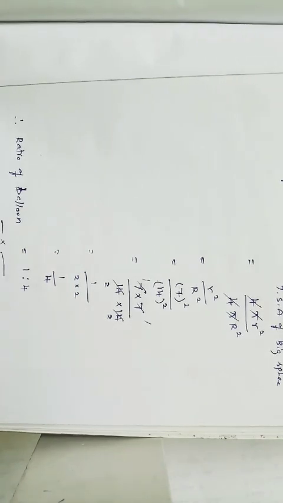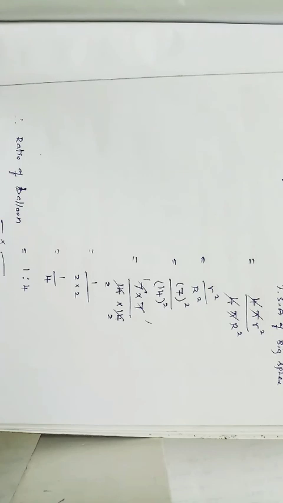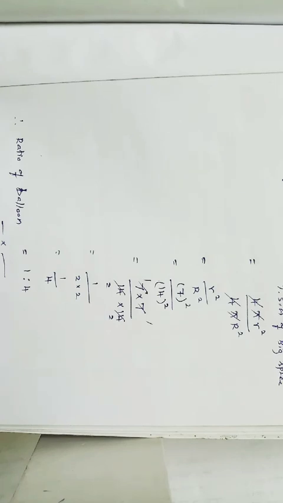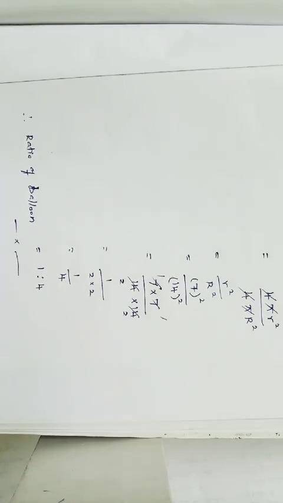Right? And today's homework is sum number 2 and sum number 3. Sum number 3 is finding the surface area of a sphere, and sum number 4 is finding the surface area of a hemisphere. You can find the solution. Thank you. The remaining sums we can see tomorrow, next class.